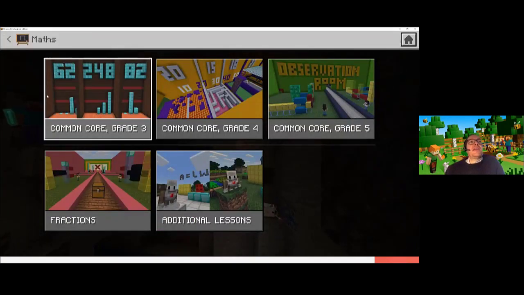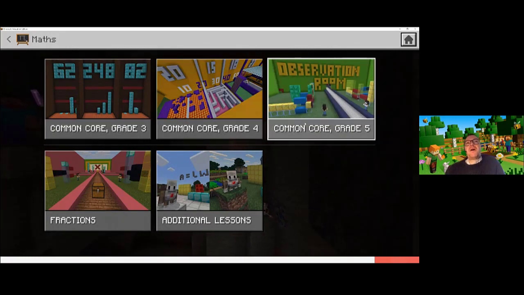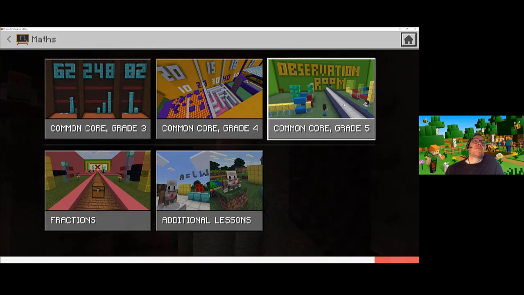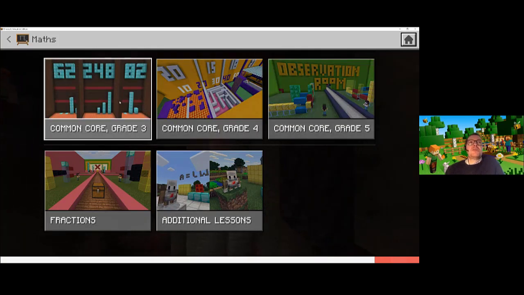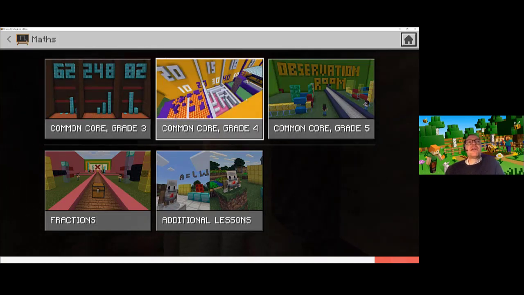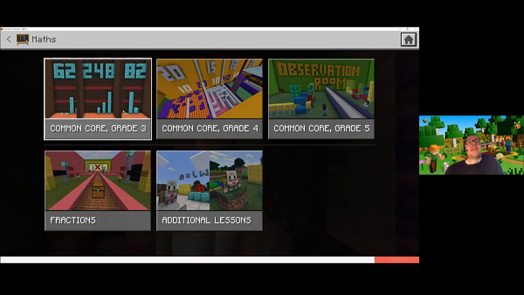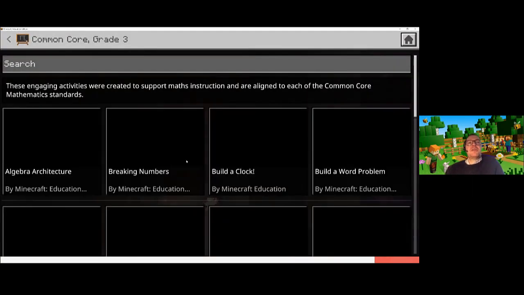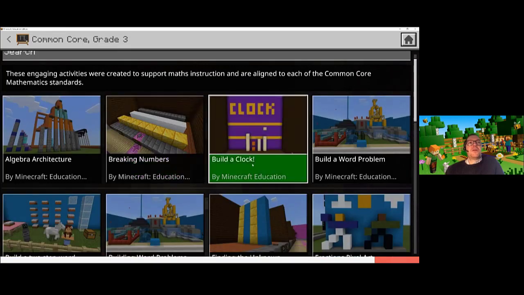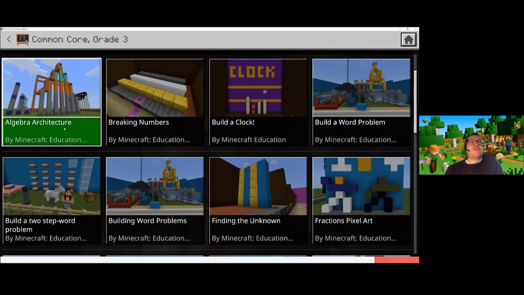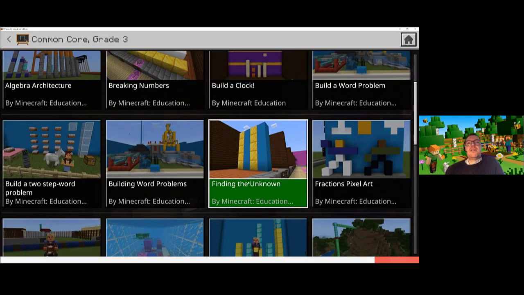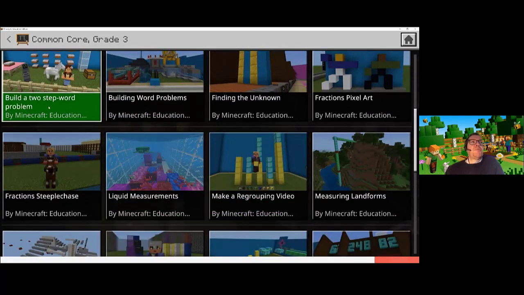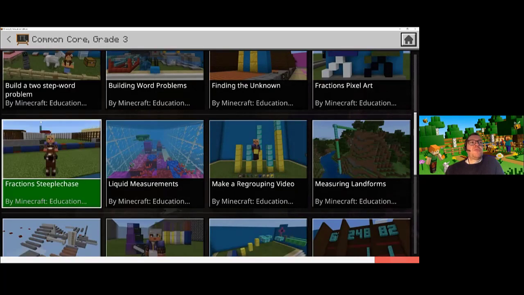unfortunately for the UK market, it's Common Core, but I'll share something at the end that I've done, to map this to the UK curriculum for primary at the moment, and I'm working on something similar for secondary. But as you can see, if I click onto Common Core Grade 3, you've got different topics that you can explore. So build a clock, we've got algebra architecture, finding the unknown, fractions, building word problems,